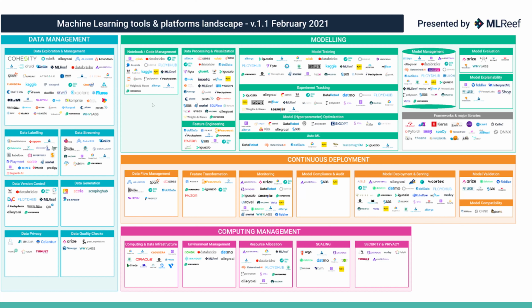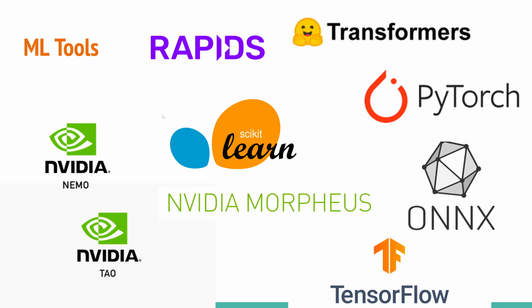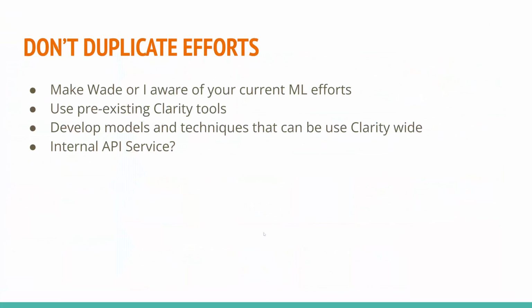So as you can see, the machine learning tool landscape is pretty massive. You do not need to know all these, but it is good to take a look at this graph to know kind of what's out there. A lot of these are commercial companies and not things you can just use out of the box. But PyTorch, TensorFlow, two things you need to know.